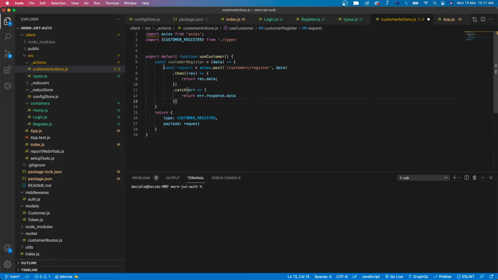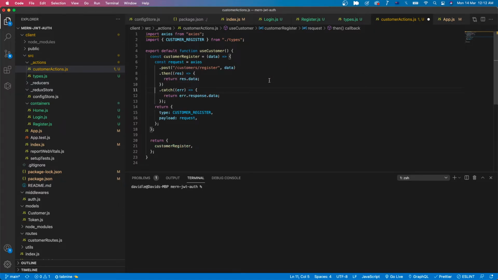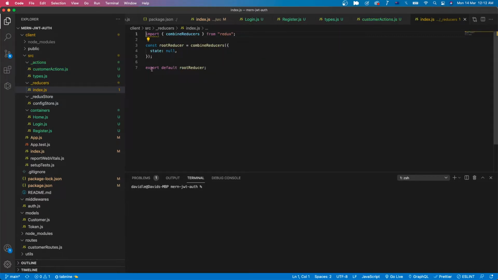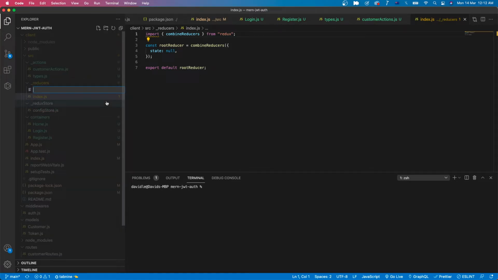So it must be inside this function, and then I will return customer register, save the file, and go to the reducer. I will create another file named customer reducer.js,